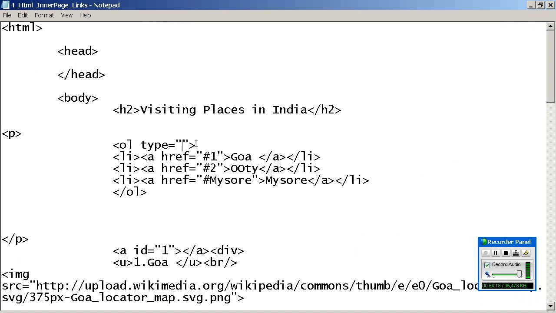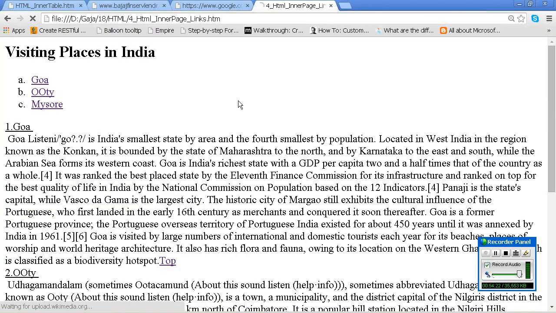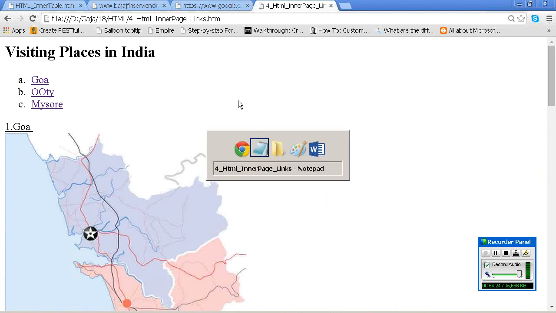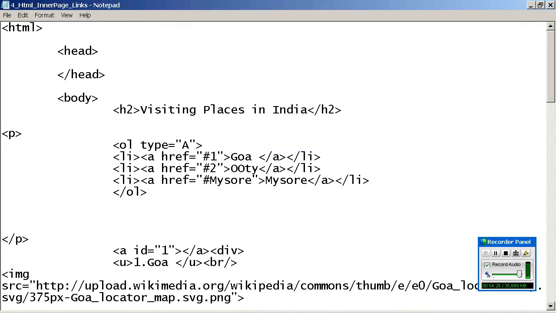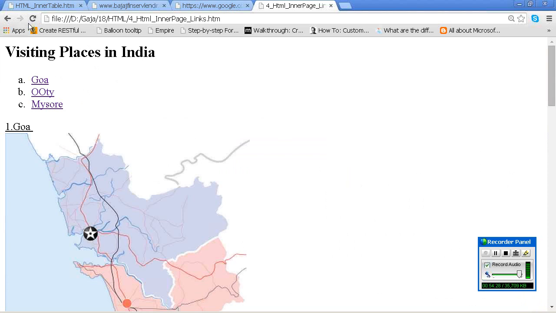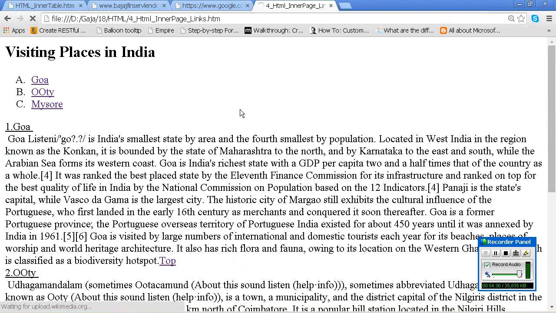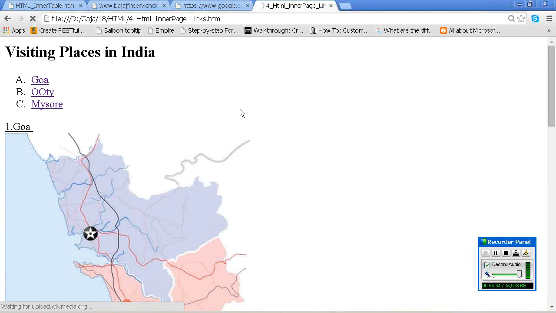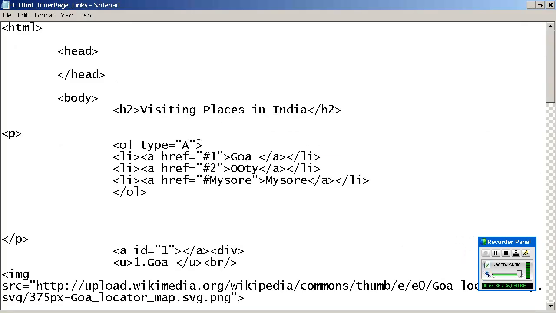Then I want to show in small ABCD. I want to show in capital ABCD. Or else I want to show AA, AB, AC like that.